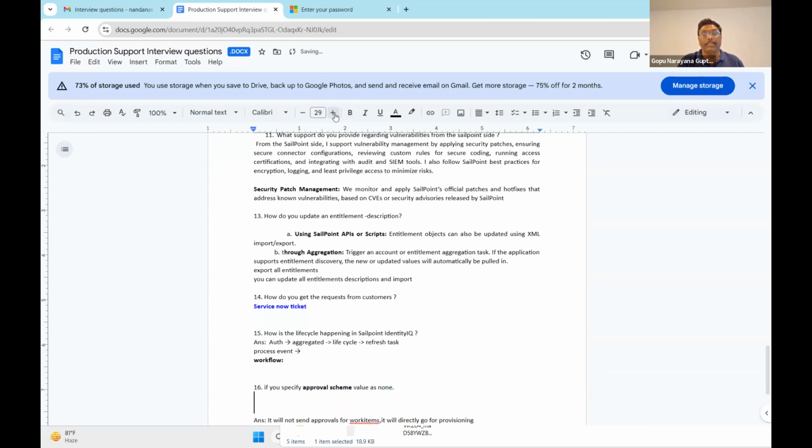I'm just trying to increase the size. Okay, if you specify and approval schema, what will be happen? They say that the answer is if you specify in approval schema as a none, it won't send for the